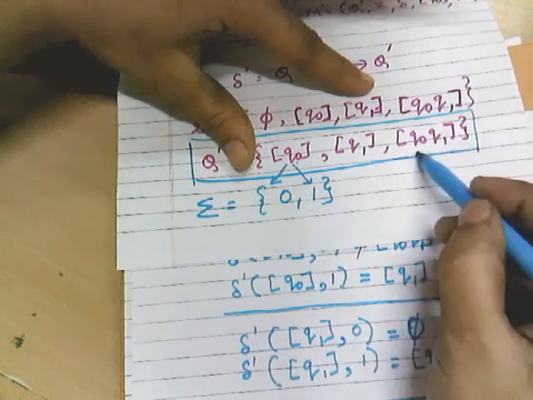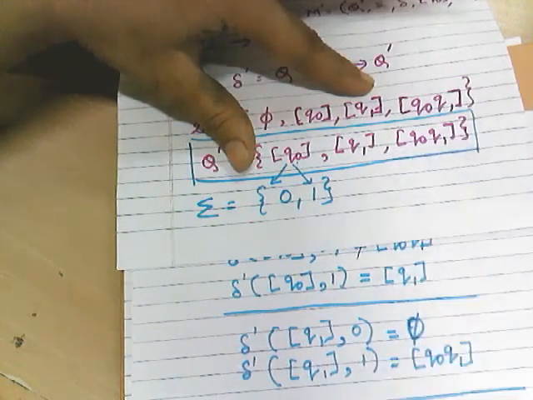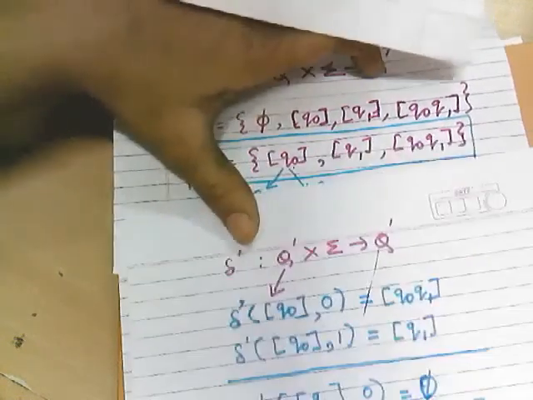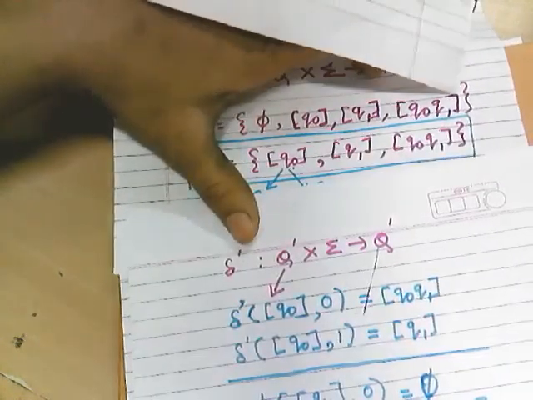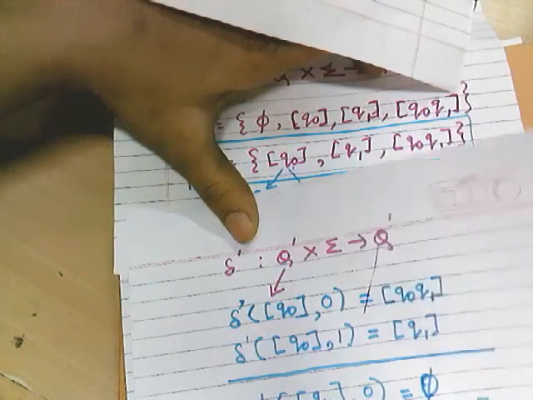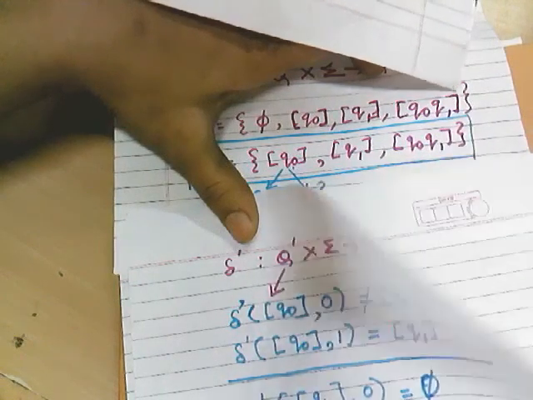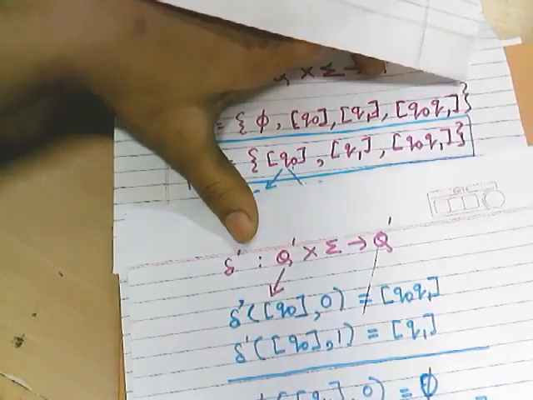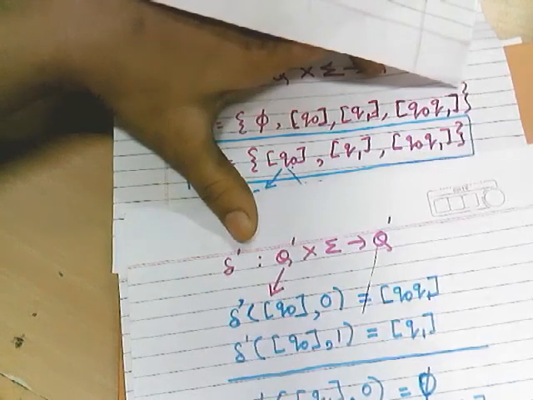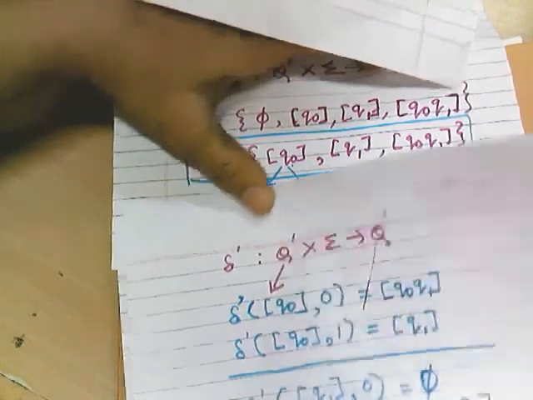So we need to consider this particular state. My third combination will be delta dash q0 q1 comma 0 is equal to